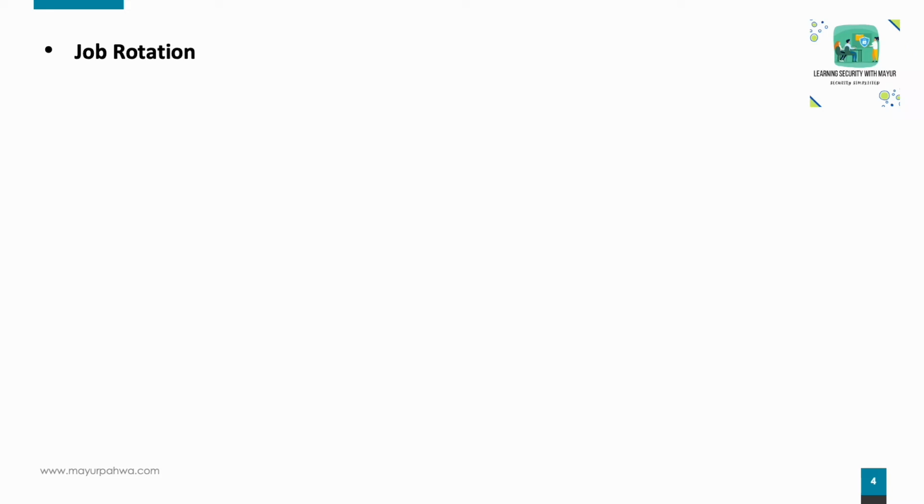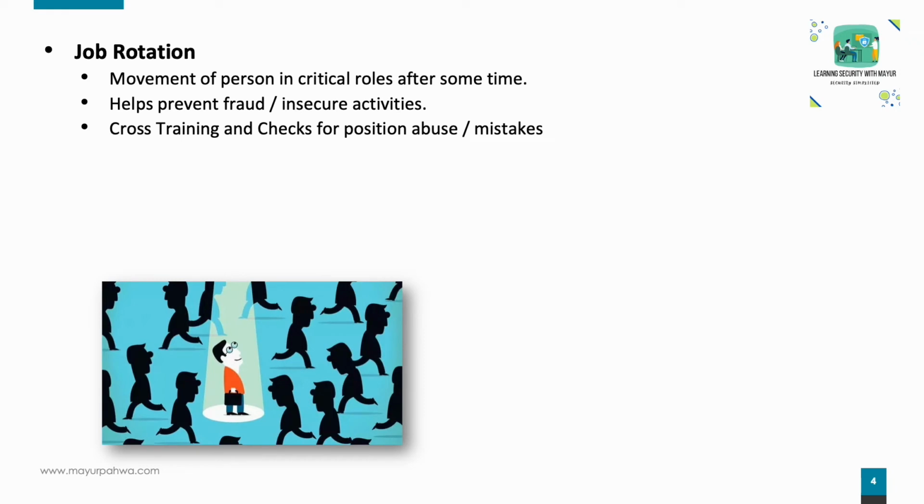Job rotation. See, often in financial institutions or other organizations where people hold critical roles, it is considered a practice that job rotation takes place. This often helps uncover fraud as the other person may not follow the same corrupt practices as the predecessor. Job rotation also helps in cross training as multiple people get trained during the rotation exercise and helps with position